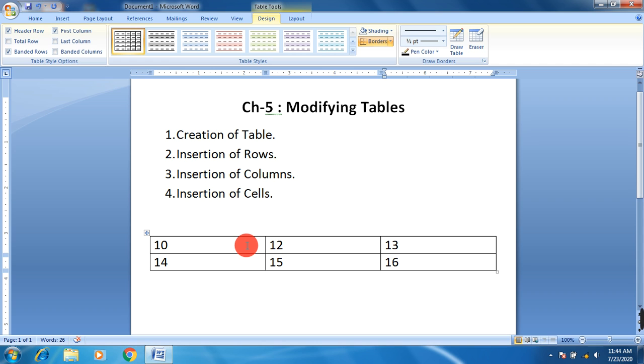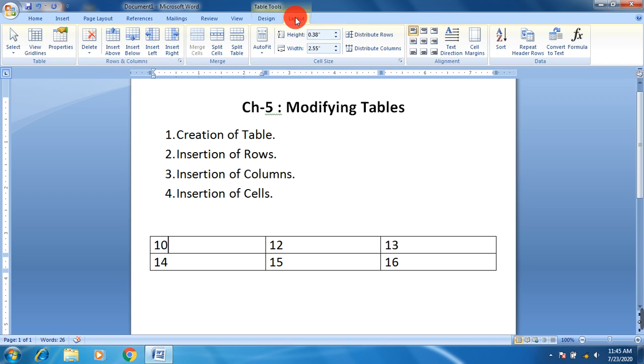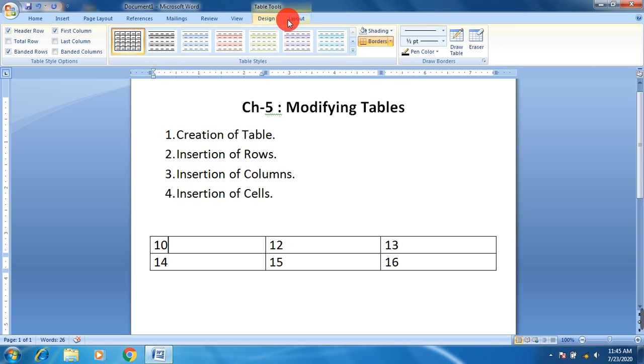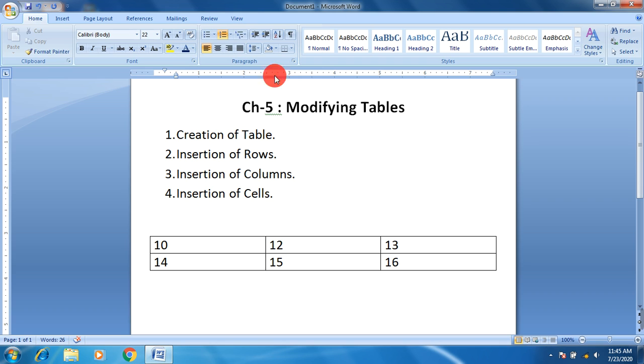So if you want to insert a row, click in the cell where you want to insert the new row, and now click on Layout tab. Layout and Design tab will appear only if you have already clicked in the table. If I click outside the table, then you can see there is no Design and Layout tab.